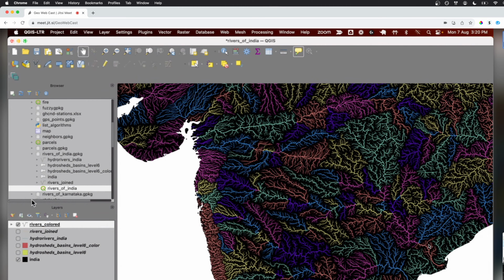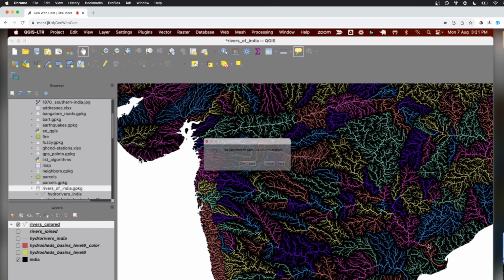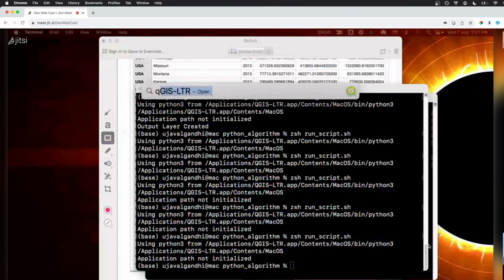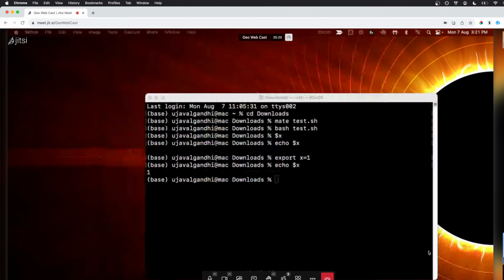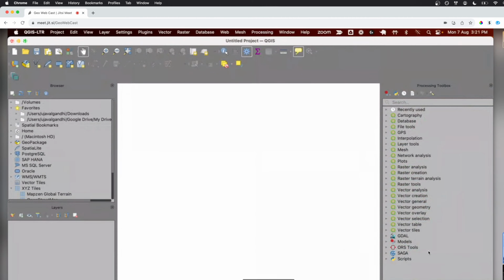Yeah. Maybe I want to show one more thing to highlight the point. One of the other things that QGIS can do is it can also download a lot of data. One of the other things is automation. Let's say there are many use cases where you want to get data from the web, from an intranet, from other servers, and then create your map.